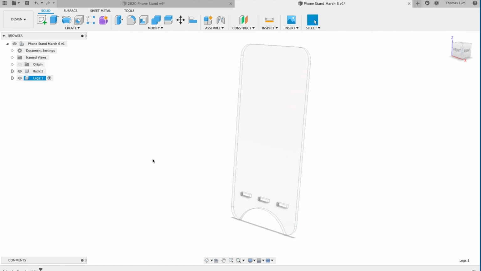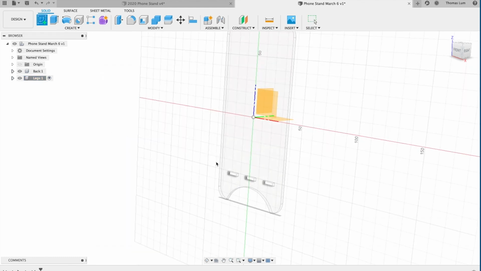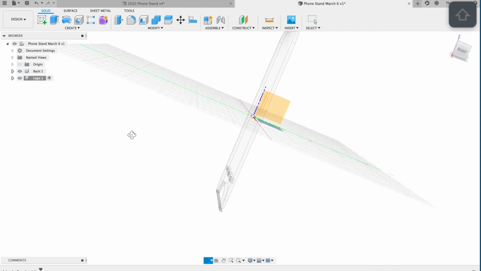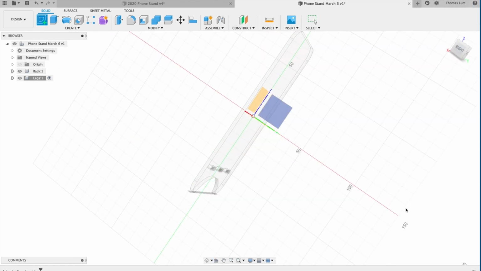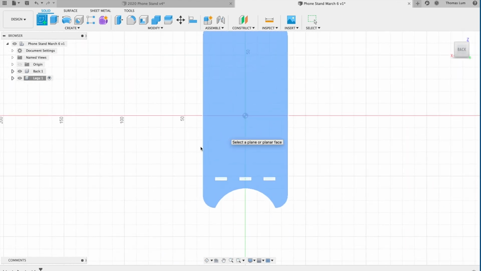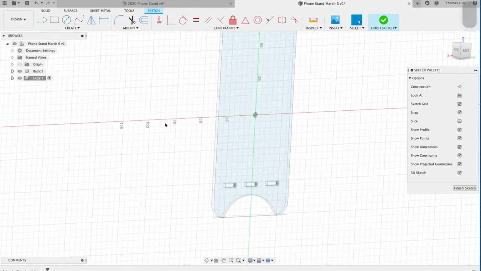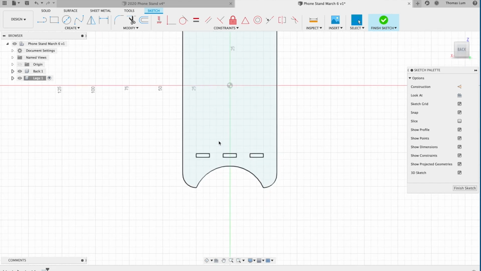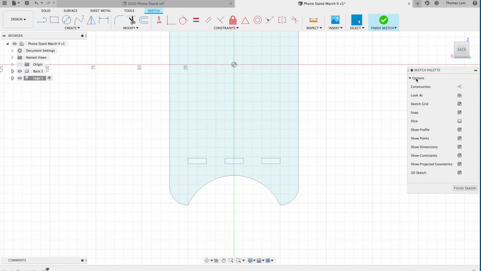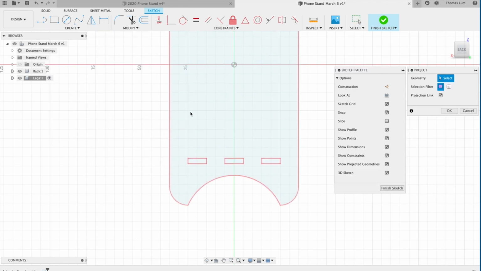So one of the other things we're going to take a look at is what's called project, where we're going to use this back to build our legs. So what I need to do first is create a sketch, but this sketch I'm going to put on the back of our first piece. So it actually sees it there, and I just click on it. And notice here it says back. That's okay. I'm going to spin this around a little bit so you can see what's going on. So, actually, let me go back to here. What happens is I'm going to project that, hit the P key. I think it's also under create, down to project. I'm going to project this